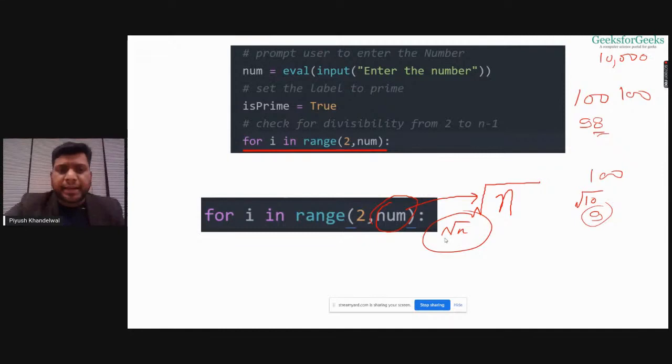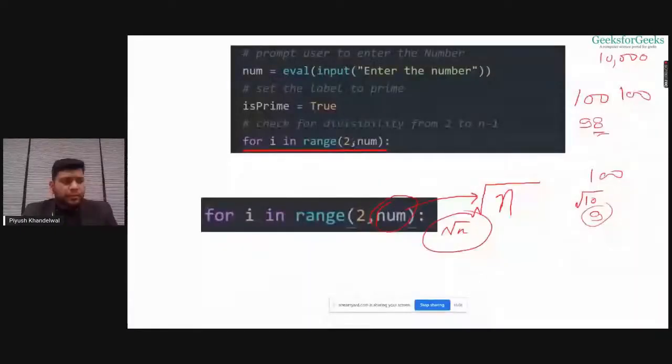Okay, so we were discussing this. Instead of running this loop for num times, if I can run it square root of num times, I'm showing you the comparison, how much difference it will make.